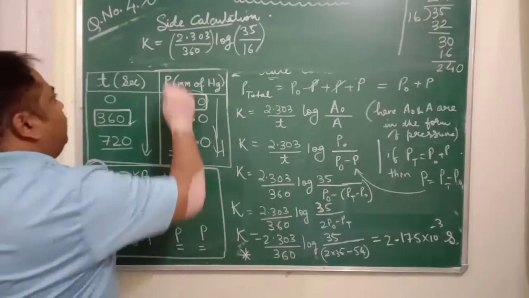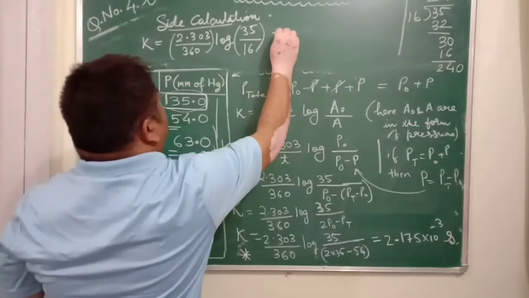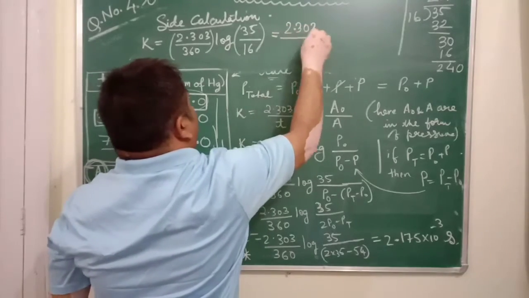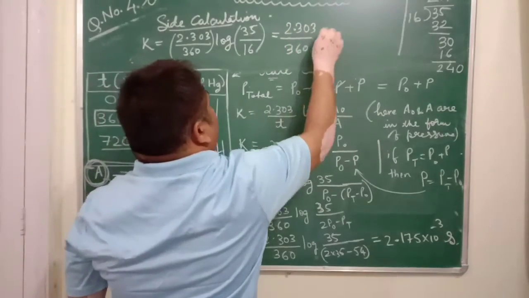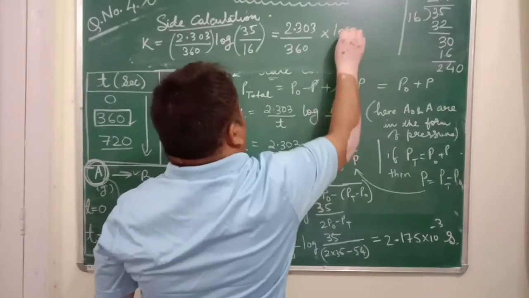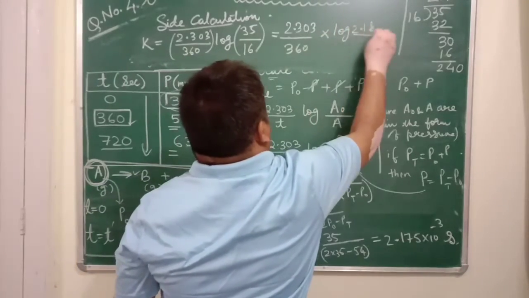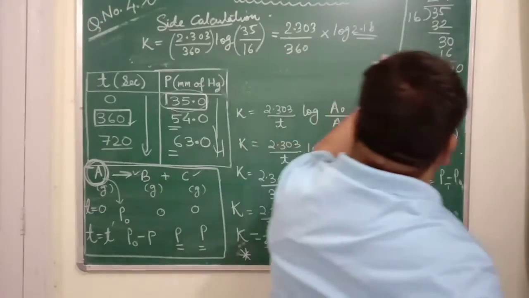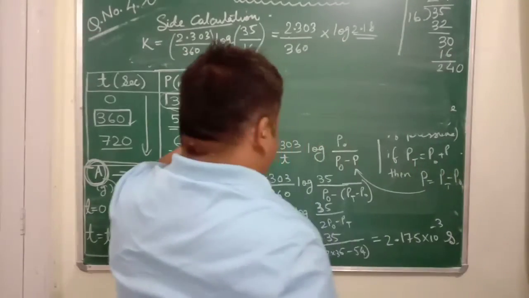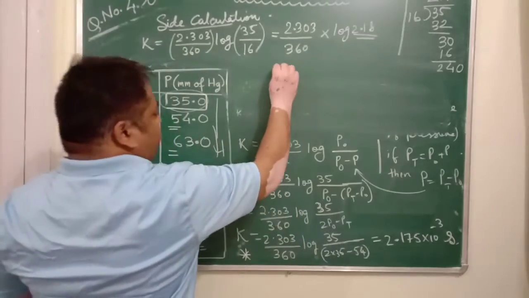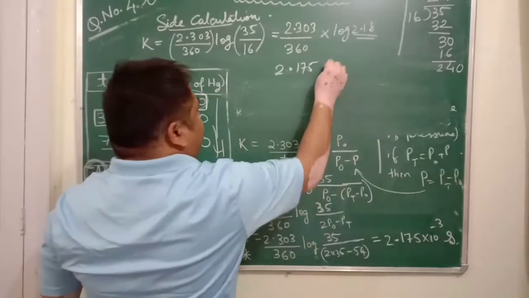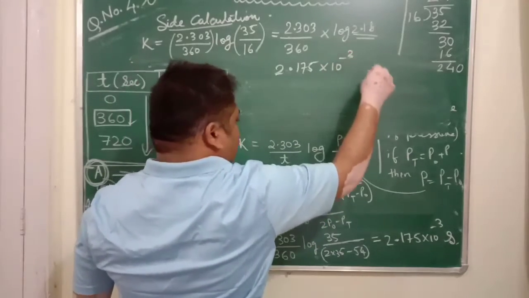If we put this value here, I think it will become easier for you to understand. 360 multiplied by log 2.18. This value you can calculate from the log table, and after that you will get the value to be 2.175 multiplied by 10 to the power minus 3